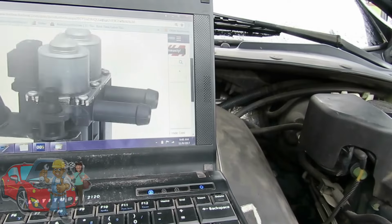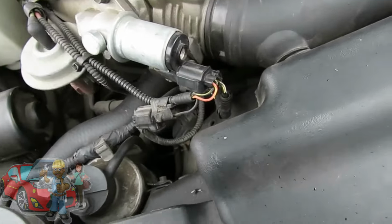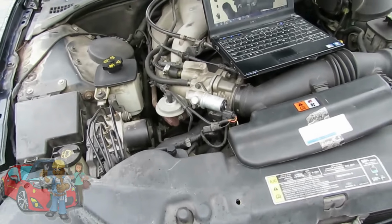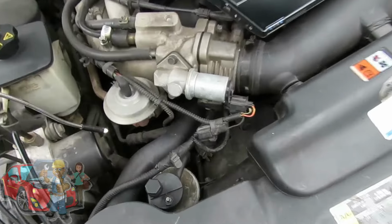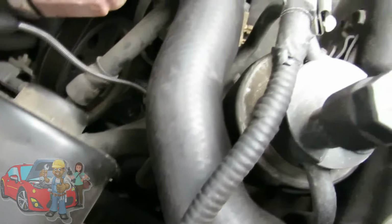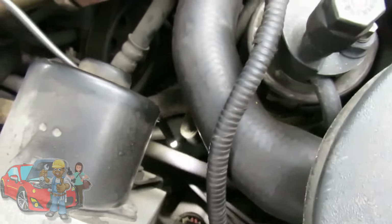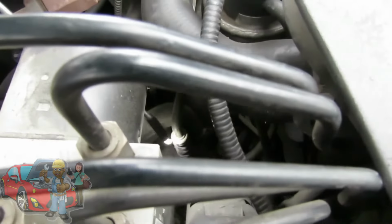So that's it. And as I said, now looking at the car, you got your EGR valve, you got your upper radiator hose. So you look straight down, you can see it is mounted right to the side between the radiator and the frame of the vehicle. And actually right there you can see,